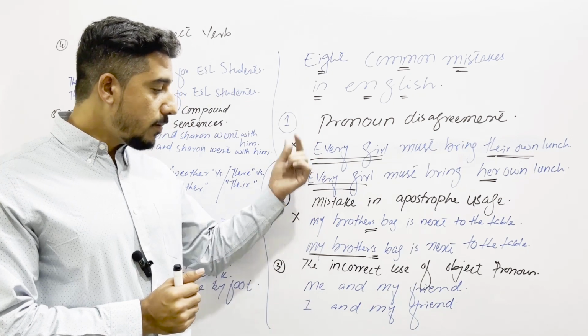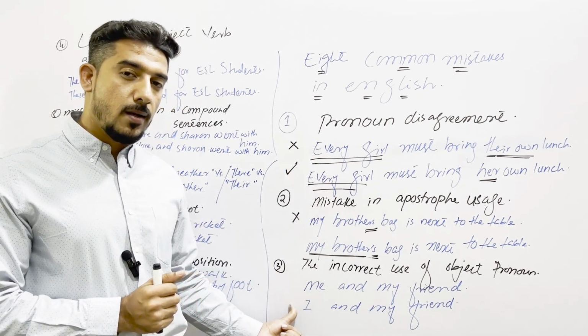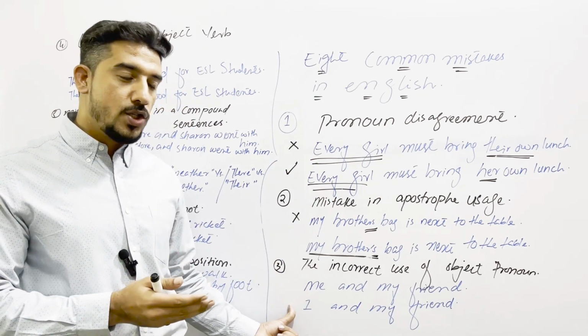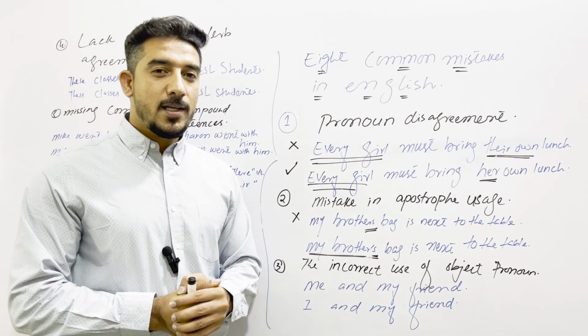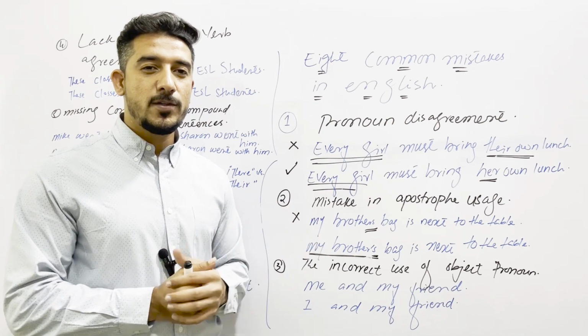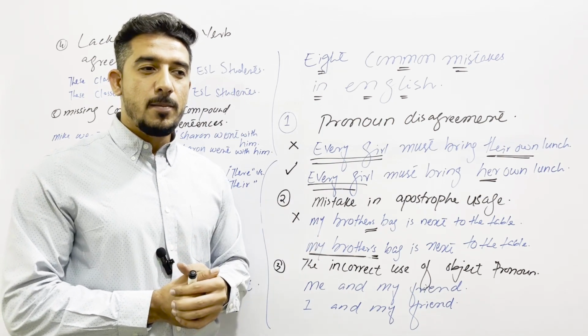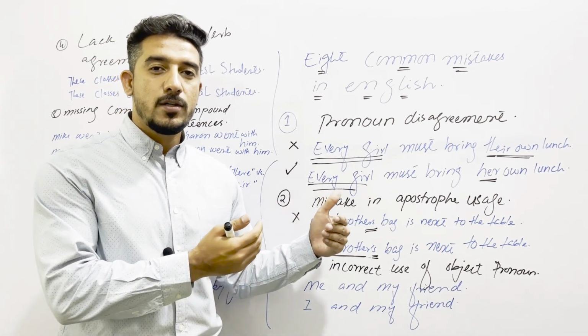The third common mistake that we are committing in our English, that is about the incorrect use of object pronoun. You might have seen many of your friends, you might have seen many of your colleagues